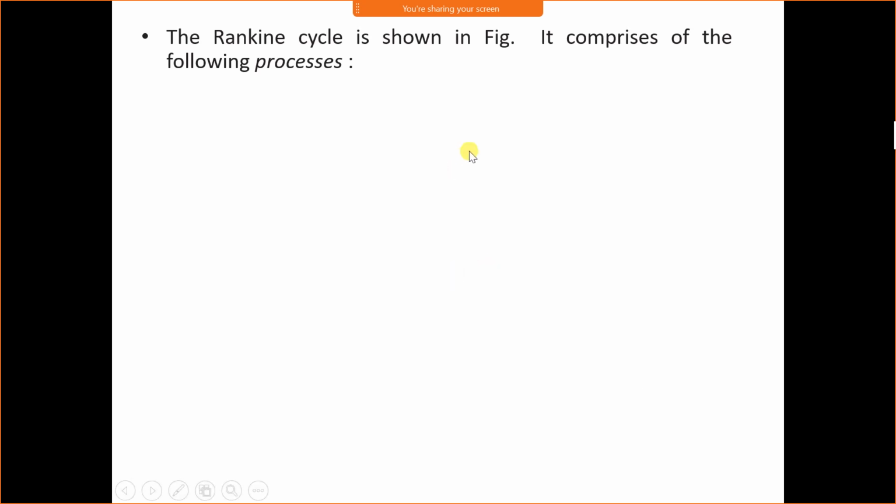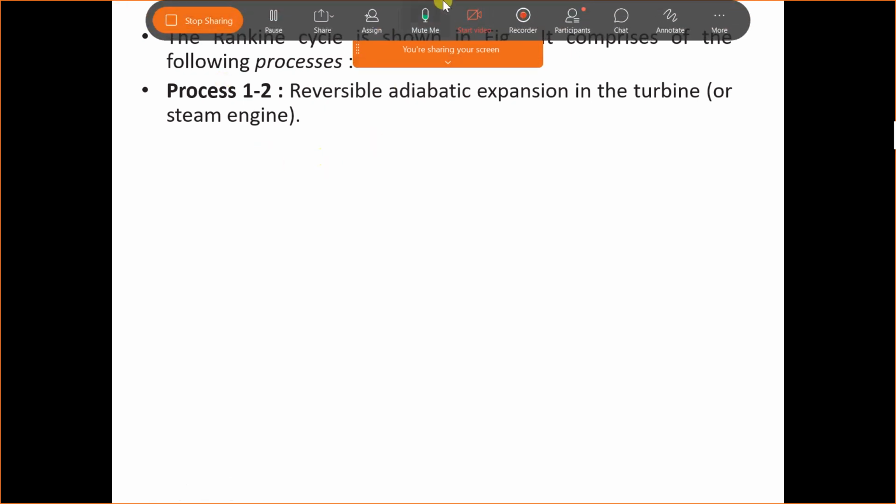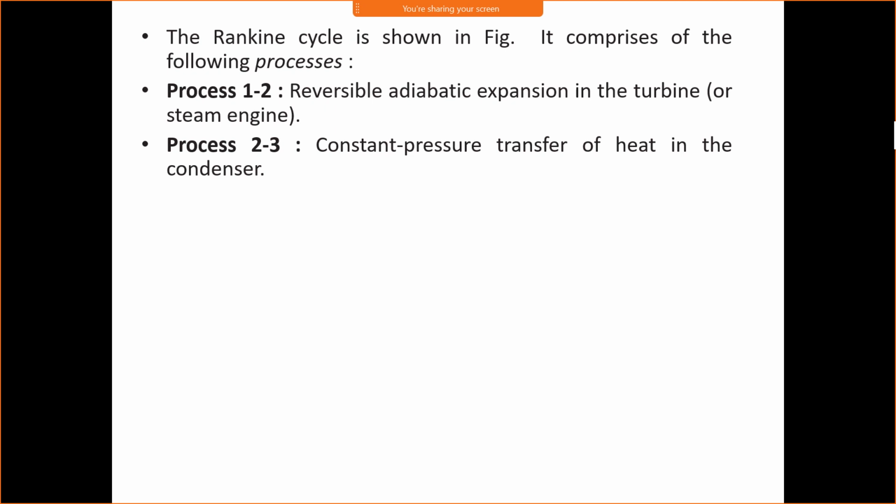Now the Rankine cycle comprises the following processes. Process 1 to 2 is reversible adiabatic, which is nothing but an isentropic process. Isentropic expansion takes place in the turbine. 2 to 3 is constant pressure heat transfer, or heat loss process, or we can say cooling process,